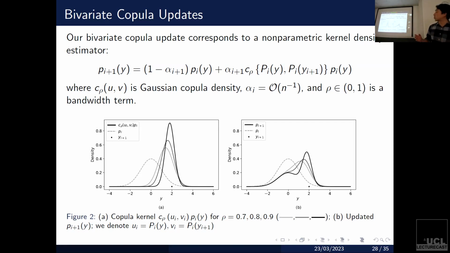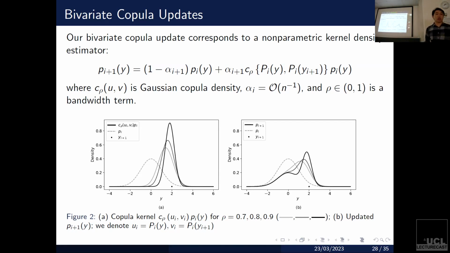Okay, so we're going to look at this equation and break down each of the terms in this figure. On the bottom left figure, we have our new data point as this black dot. We're going to be trying to update our predictive using this new data point, y equals 2. Our old predictive is shown in this dotted line. It's simply a bell-shaped curve centered at 0. That's what our predictive is. But now we've seen this new data point, y equals 2. How are we going to update our predictive?